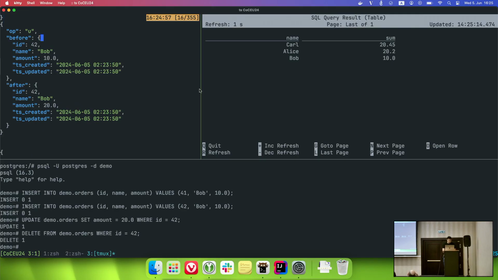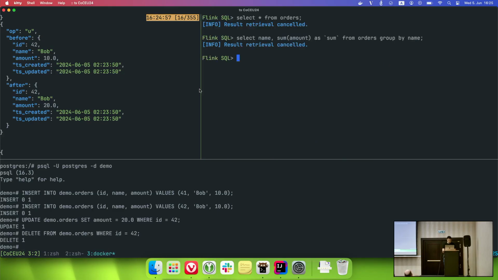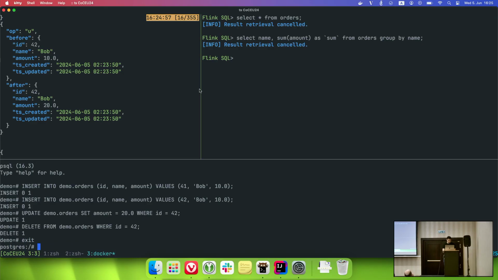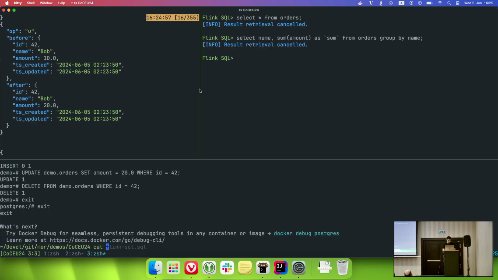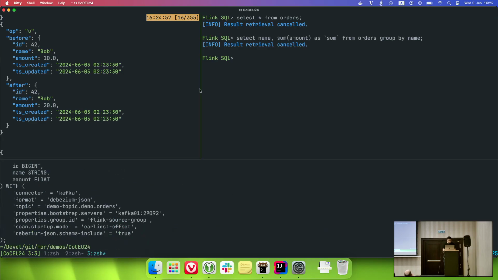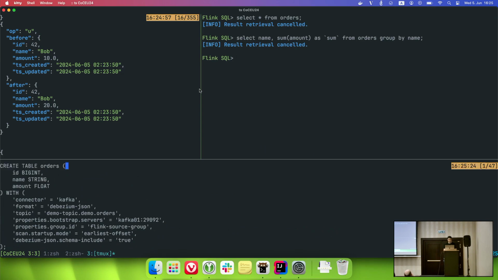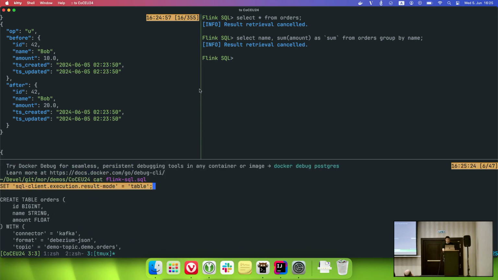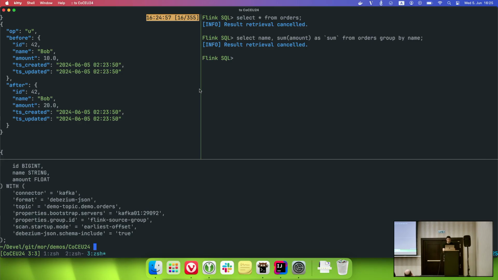And one last thing, so a moment, I want to show another thing. So we can also on the Flink side observe the changelog modes.